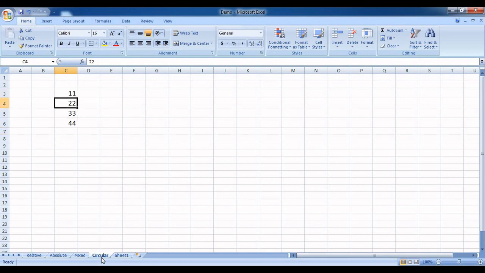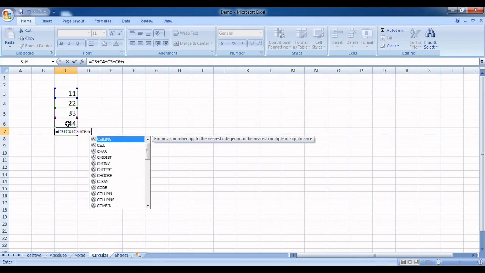I have a list of numbers here: 11, 22, 33 and 44. The first one is available in C3, then C4, C5 and C6. In the next immediate blank cell, that is in C7, I wish to print the result. That is the result of addition equals C3 plus C4 plus C5 plus C6, and what I will do is I will also add C7.